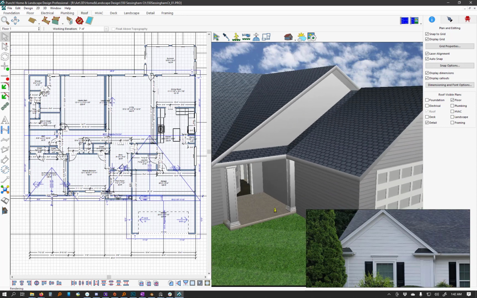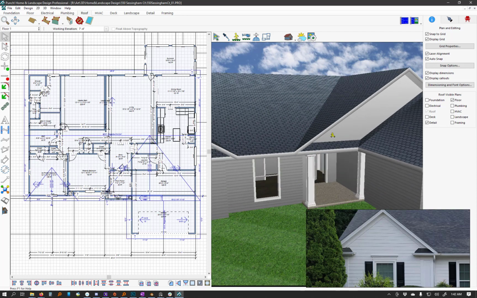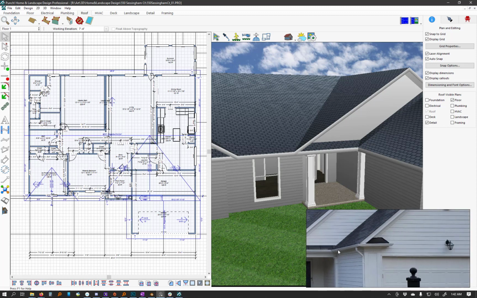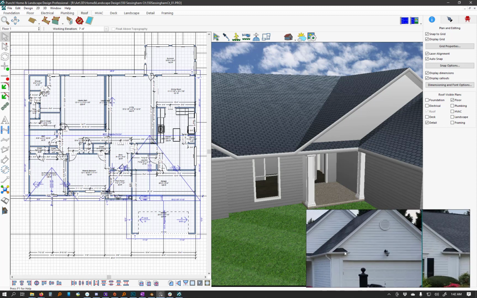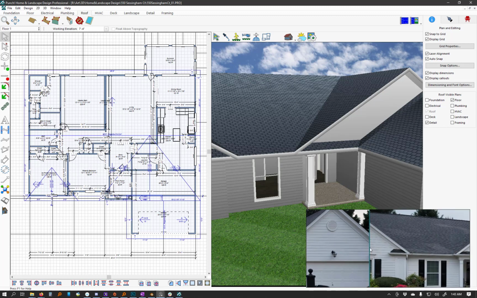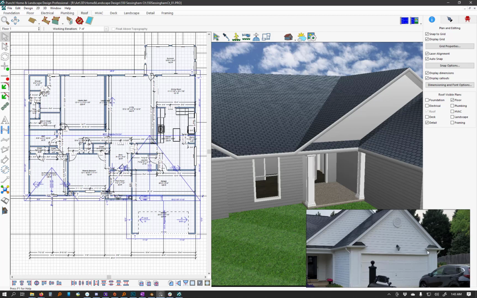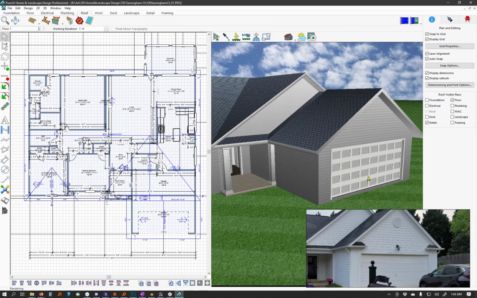Now certain parts of this work fine. Like this dormer has continuous roof across here, and it does on my house as well. But the garage has these little pieces, and I can maybe figure out a way to build those too. That doesn't seem like it's going to be too much of an issue for me to figure out. But